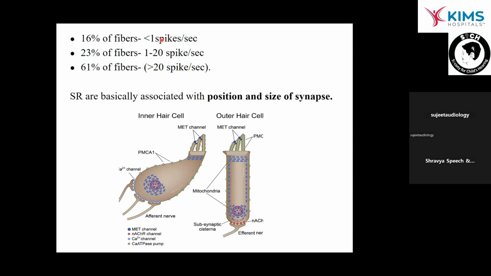That means to say that unless and until you present 30 or 40 dB of a stimulus to the ear, these fibers are not going to respond, whereas these fibers can respond at 5 dB level or at 10 dB level. Okay, so these are high spontaneous rate fibers, which have low threshold. Low spontaneous rate fibers have high threshold. Now you have to understand why these high spontaneous rate fibers and low spontaneous rate fibers are there